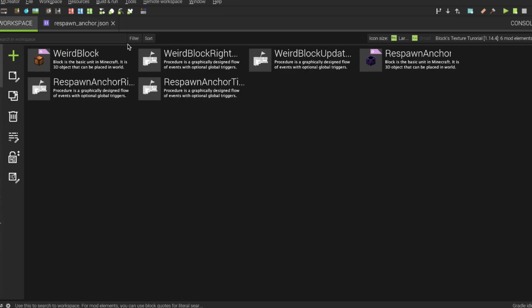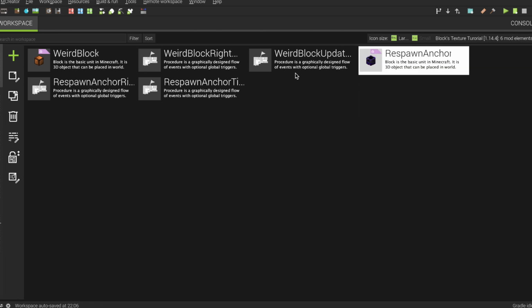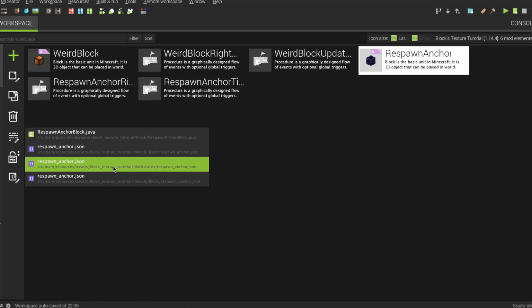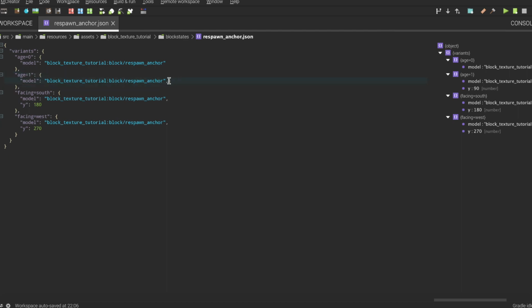So here in the white space, right like before, you double click, or you can also just click on this, and we're gonna open the block state right here. So we have it like this, and we're not gonna use them all. So this time you just rename facing north to edge equal 0. Then facing it to edge equal 1. You can remove y equal 90 and add state 1.